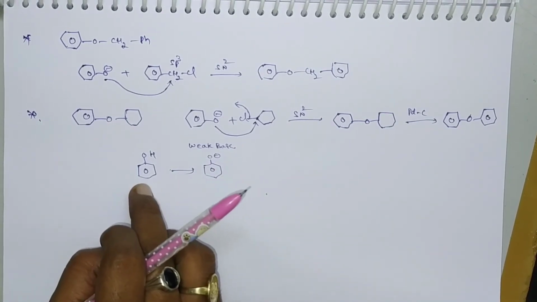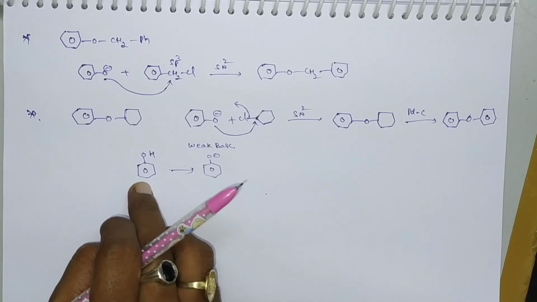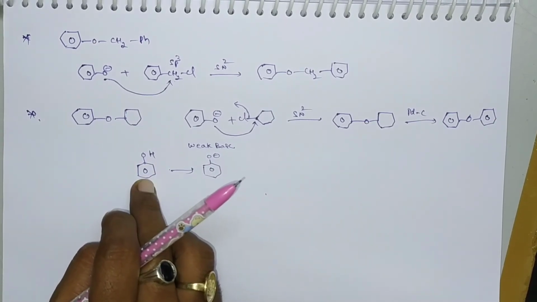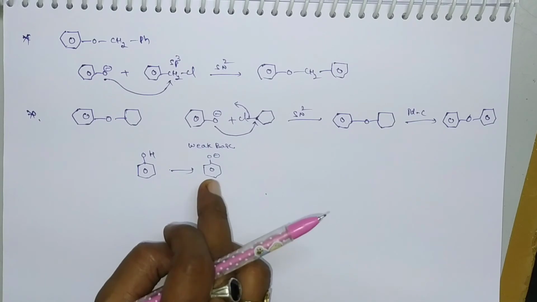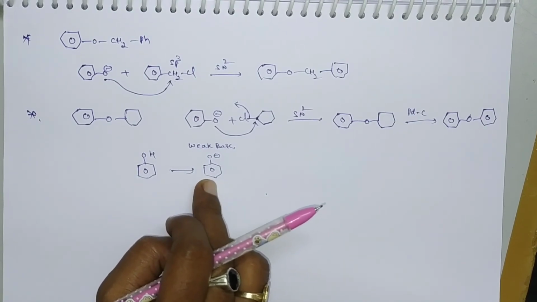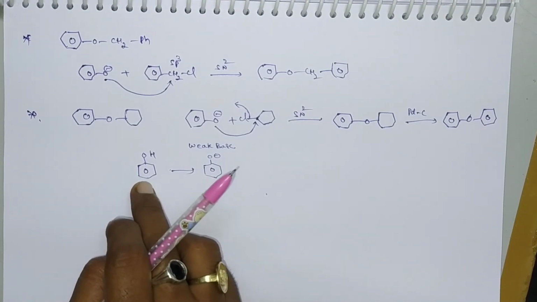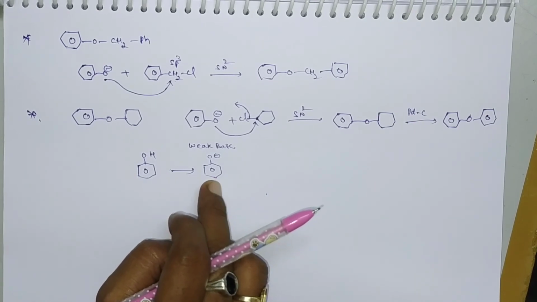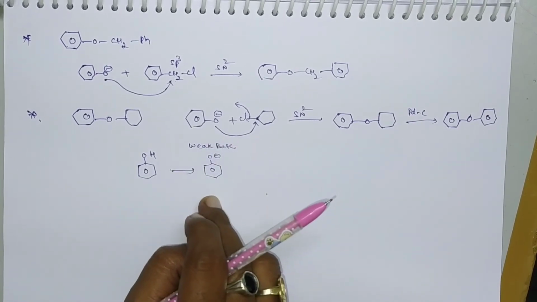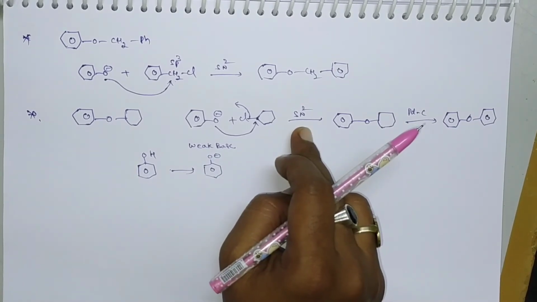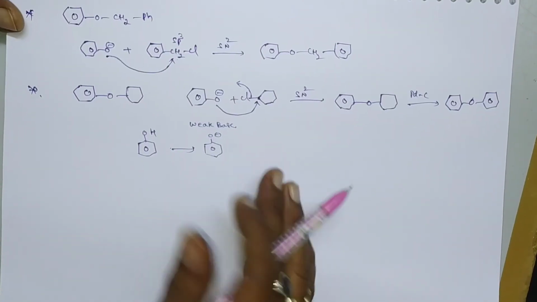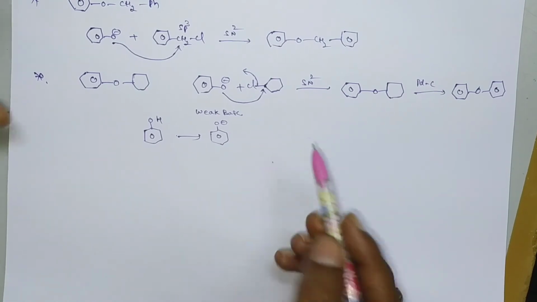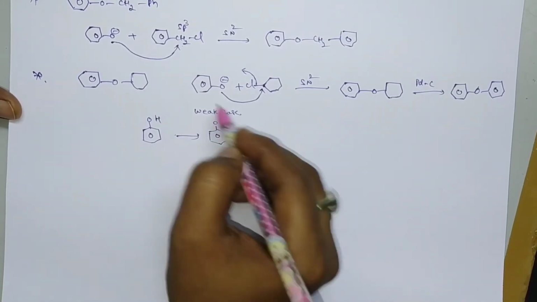This is the conjugate base of this phenol. So this phenol is generally acidic, a strong acid when compared with this one. That's why it is a weak base. Phenol is acidic in nature, that's why the conjugate base of this is a weak base. Okay, so in presence of this weak base, SN2 predominates. So in case of secondary alkyl halides, we have to check whether the base is weak or not. So let us consider some more examples like this.